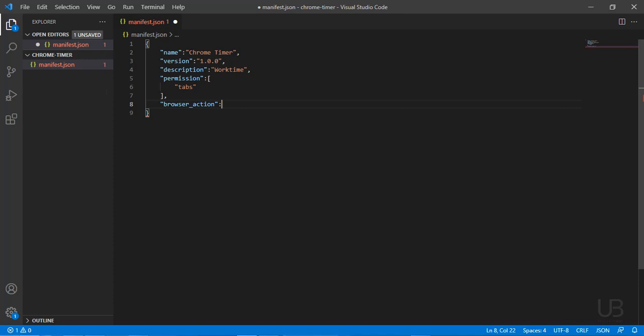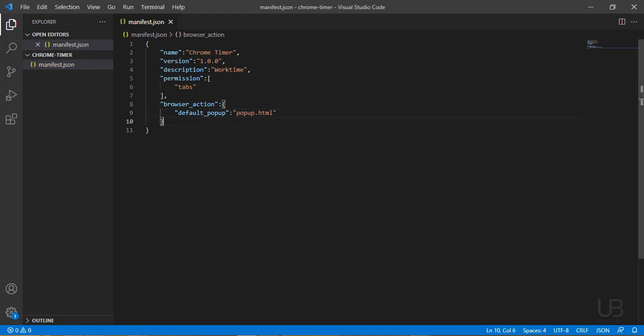So we have what we call the default popup. All right, then let's just give it popup.html. Okay, I'm not spelling this right.